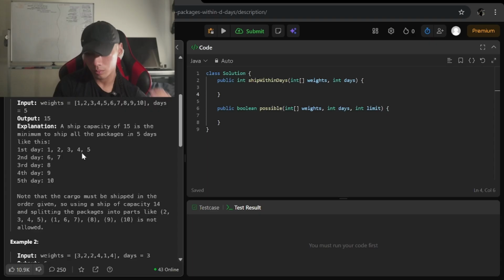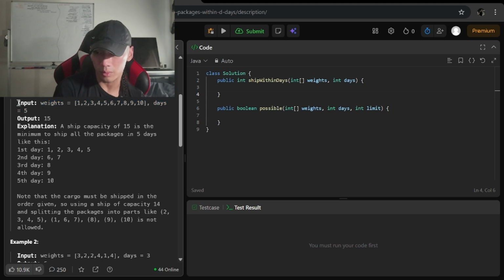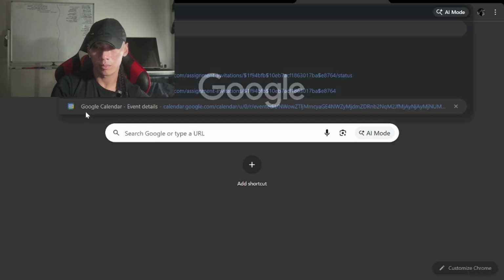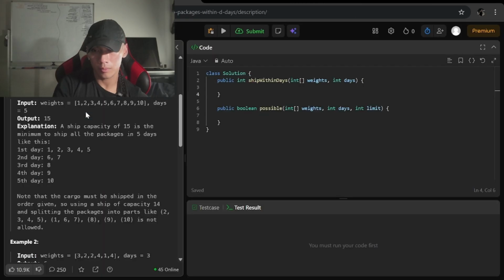I'm thinking maybe you do want to sum together all the weights, then divide it by 5. Okay, and then you have the answer there, but then what do you do with that? So that's assuming the ships of 11 can distribute between 5 days, right?